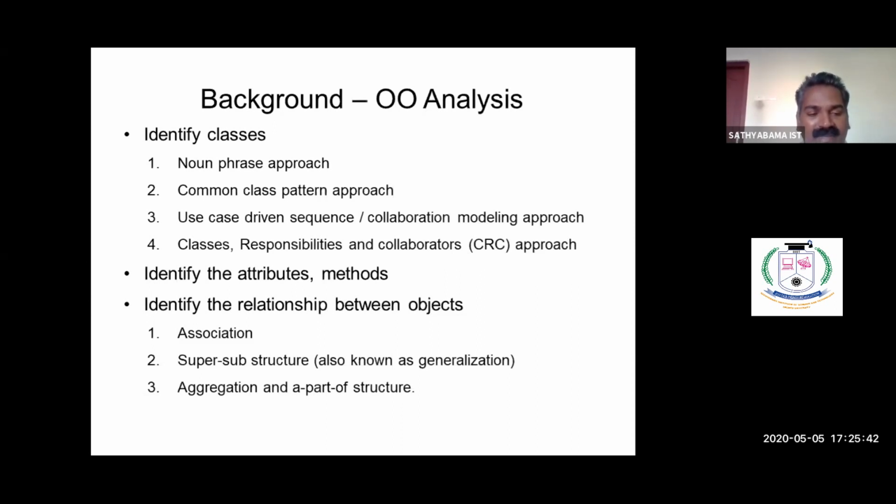The second step is to identify the attributes and the methods. In this phase, we identify the relevant attributes, ignore the irrelevant attributes, and identify the methods. The third phase is to identify the relationship between objects based upon association, super-subclass structure, aggregation, and a-part-of structure.